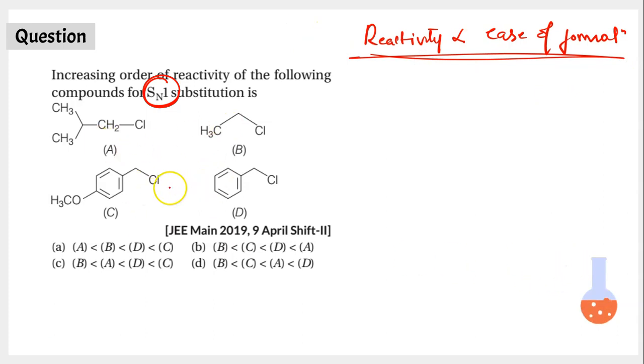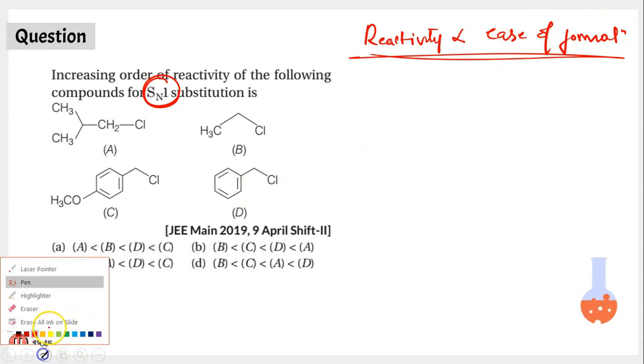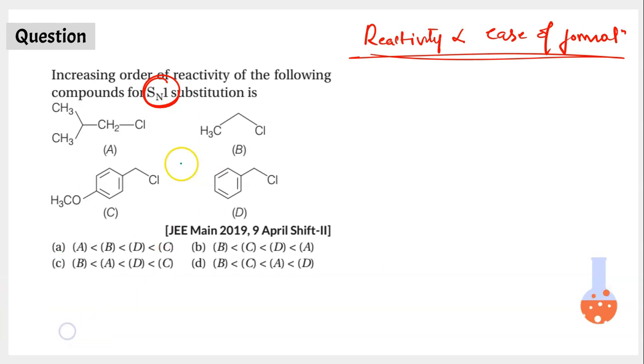So out of the given 4 molecules A, B, C, D, you have to find the molecule which has got greatest tendency to form carbocation, and thereby you will identify its reactivity towards SN1 as well. So let us first of all arrange these molecules in their tendency to form carbocation, thereby let us observe the reactivity order. And now how do we know which can form carbocations easily? Technically speaking, you can identify that by observing if the carbons are primary, secondary, tertiary.